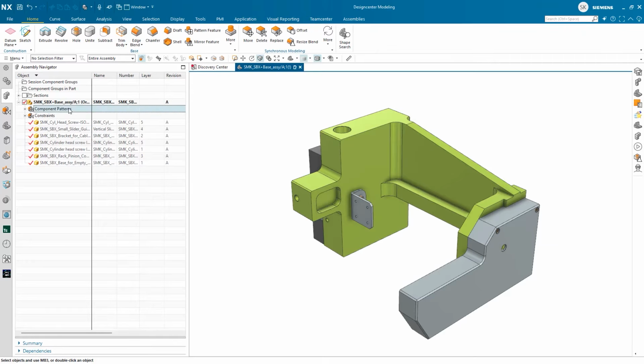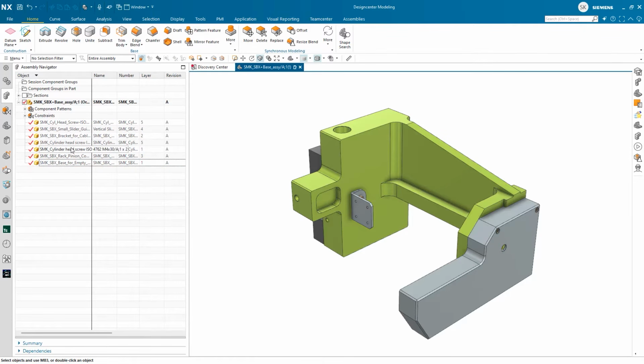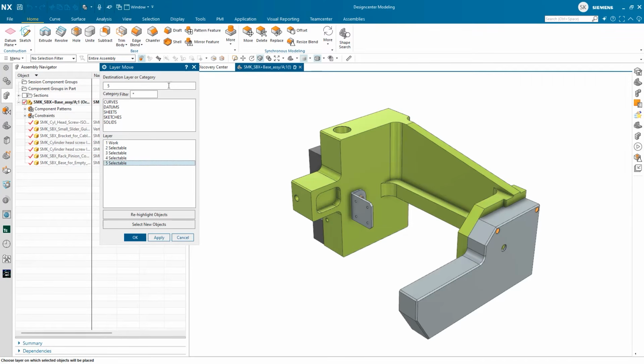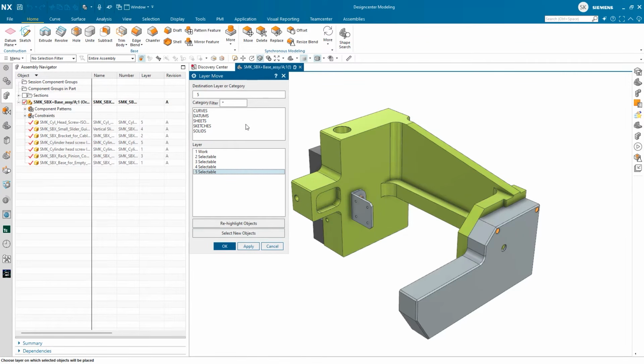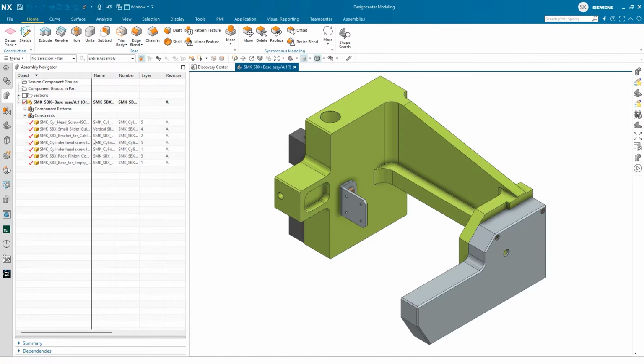So in this case, I have a simple assembly, and each assembly is comprised of different components. I'm going to quickly highlight what they are. As you see, I also have my layer definition turned on. So in this case, I've already predefined all the layers in specific locations of each layer. So now what I want to do is move these fasteners to another layer, whether it be a common practice within the company, or I want to use that to control the display of my components.